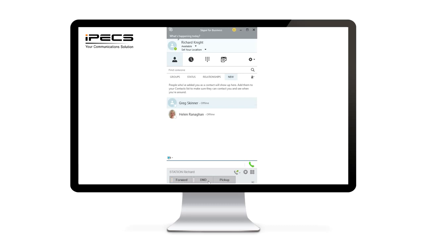You've also got do not disturb, again obviously select that to enable it, and pickup. So if you're in the same pickup group as other users, you can hit the pickup button to answer their phone. If you're on a call, so if I put a call out to my mobile number,